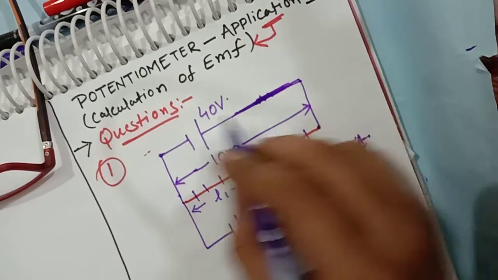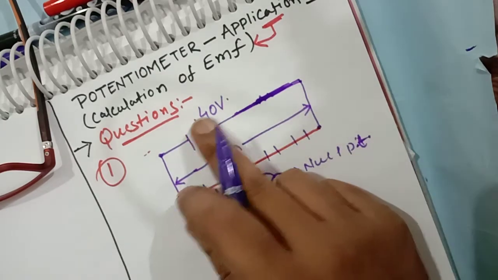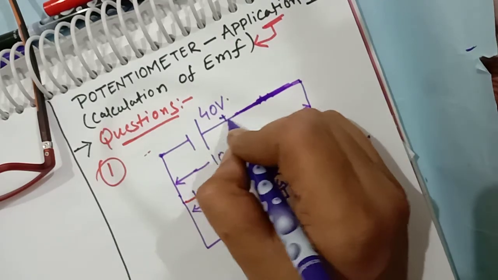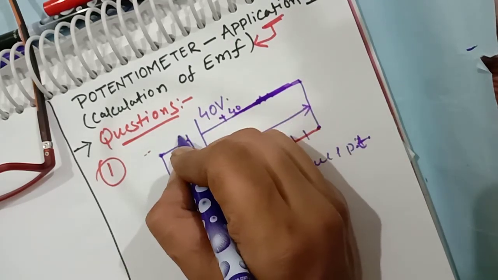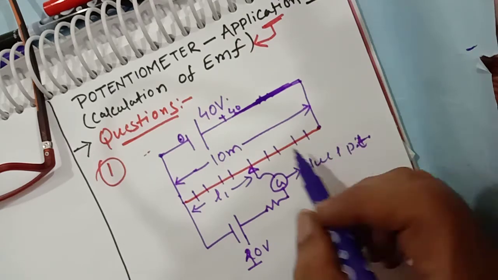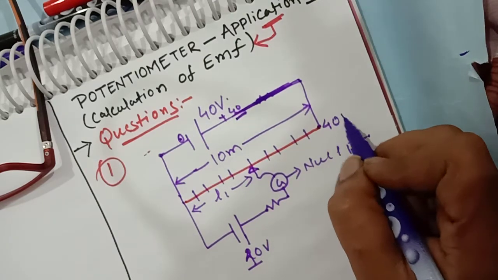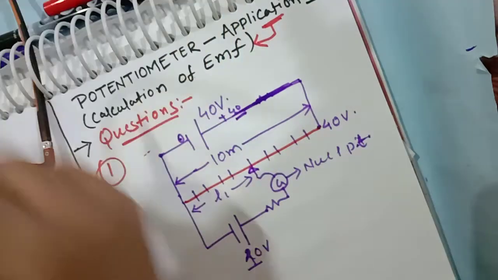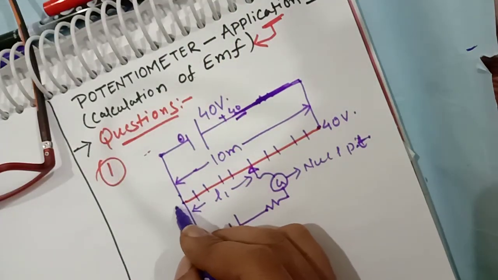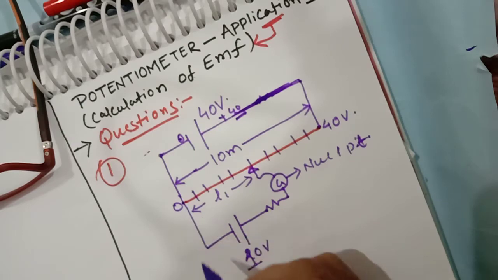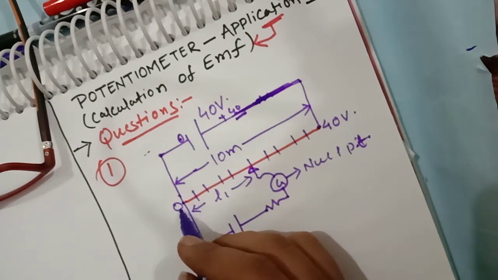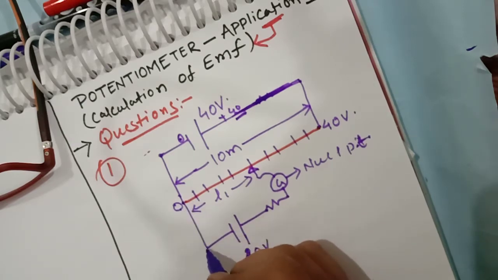So over here what will be the voltage at this point? It's positive 40, its negative end is 0, it's not negative 40. It's 40 volts, right? So at this point it will be 40 volts. Now at this point it will be 0. I have explained in the previous lecture that if it is 0, then there is no voltage drop over here, so we can say it is also 0. Till now it is 0.